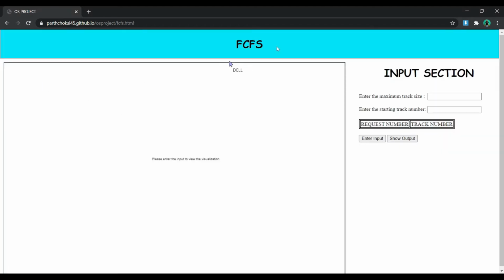So FCFS, what does FCFS stand for? FCFS stands for first come first serve. Now I would like to run it by an example, giving a maximum track size of 200 and starting track number 50.